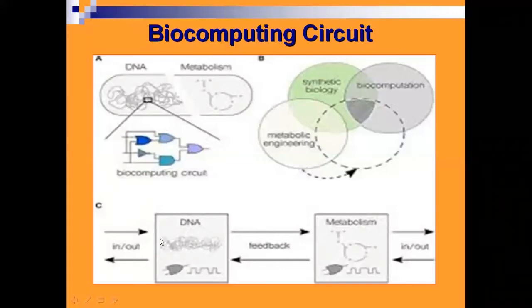So input is given, and that goes to the computing area circuit, which is made of DNA, and the processing is done using all these three concepts. Then the output goes out. It may be a metabolic reaction, and the information about the metabolic or enzymatic reaction will go out as an output. So the concept is combining all three and getting the output. And if the input is correct, feedback can be given. That is the reverse way.